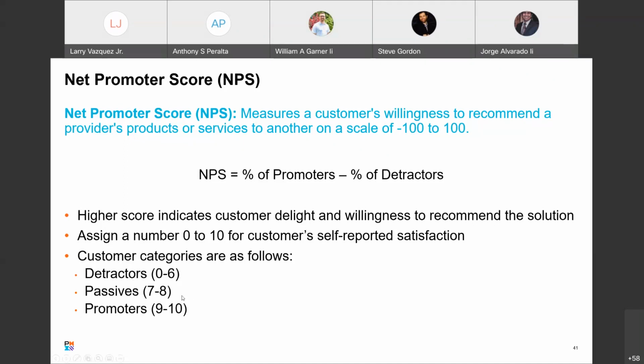What about all these 7s and 8s? I don't know if this is the same scale AT&T uses or not. It doesn't seem like it. I feel like the passives were a larger range at AT&T, but that's what his argument was. We're missing these opportunities. How do you get them into a detractor or a promoter? There should be specific opportunities there.